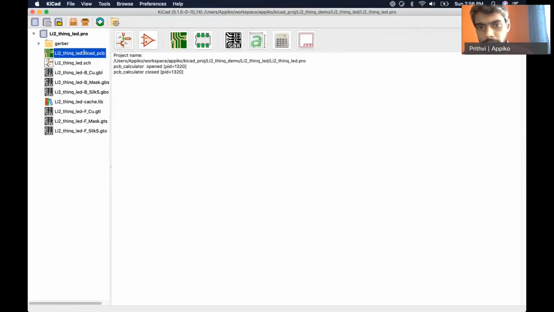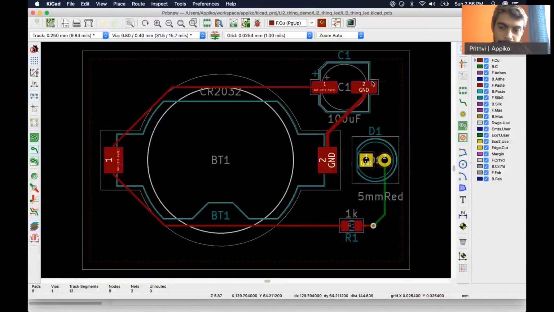Let's go back to the PCB and look at other rules of thumb. One thing that you need to see is that in this particular design, we have made sure that there are no 90 degree turns on the tracks.